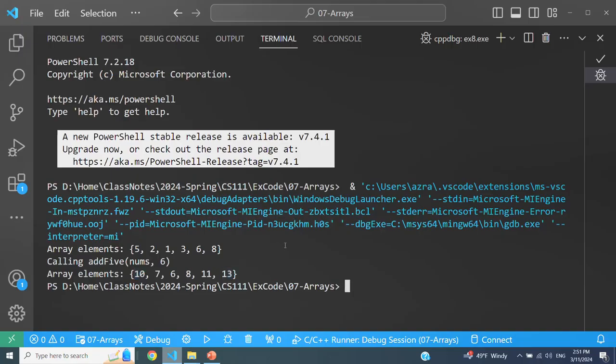What I would like you to understand is that when you pass an array into a function, as soon as you make changes to the array, those changes are reflected in the argument that's being passed, in the calling environment. So basically, arrays are passed by reference, not passed by value. If an argument is passed by value to a function, a copy is made. That's not the case with arrays. So that's what we have as far as passing arrays as parameters to functions.